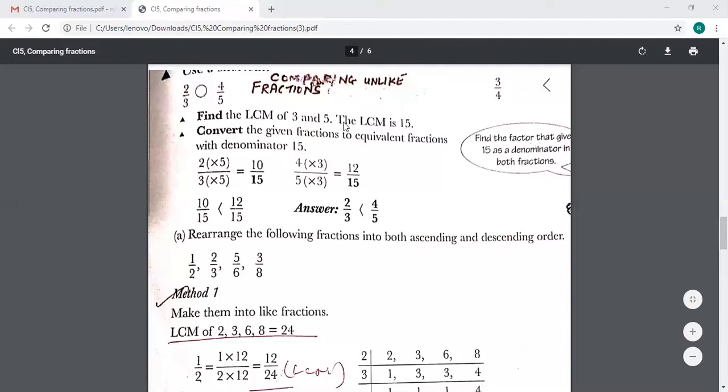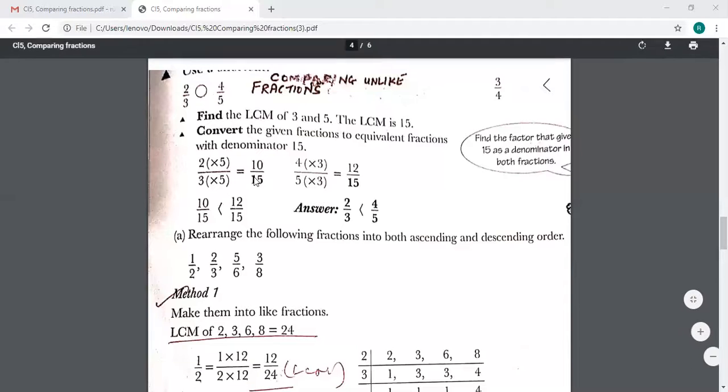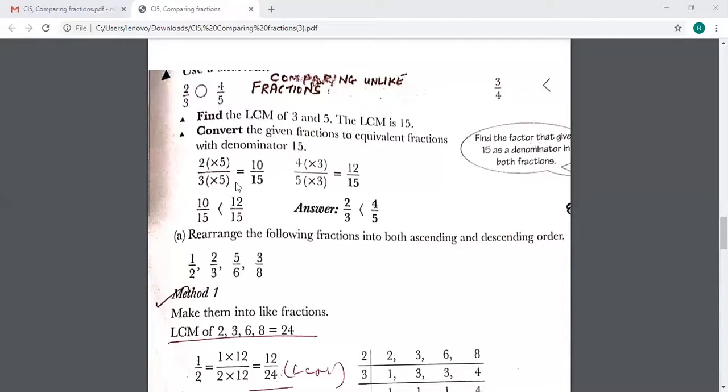See now, we find the LCM of the denominators and we find the equivalent fractions. Why LCM? Because instead of finding any equivalent fraction, we find something which will help us. Now, if I take 15, then how do I get 15? Into 5, into 5, an equivalent fraction. And this one into 3, into 3, the denominator is 15. So what we are doing is getting like fractions. And like fractions are very easy to compare. Out of 15 parts, 12 parts is greater. Out of 15 parts, 10 parts is smaller. Isn't it? 10 by 15 is less than 12 by 15.